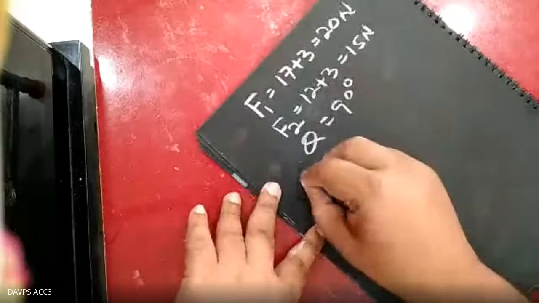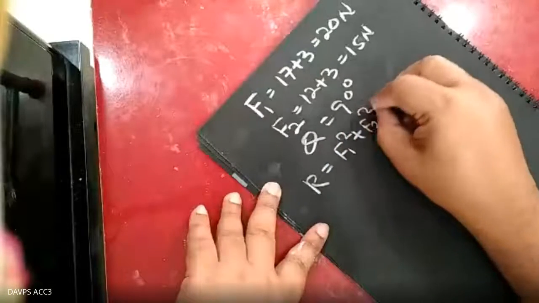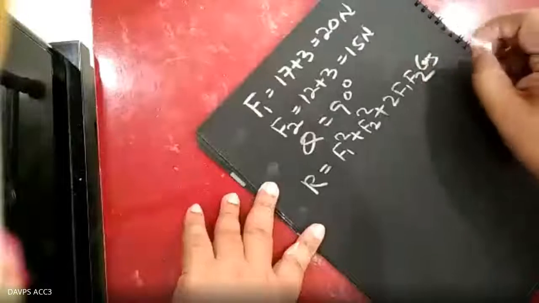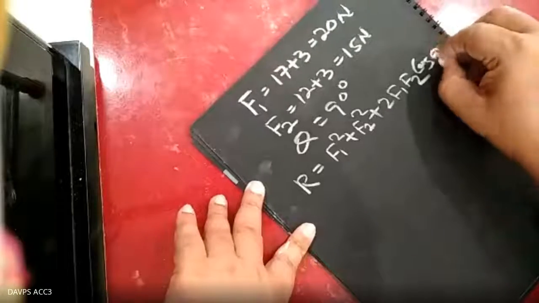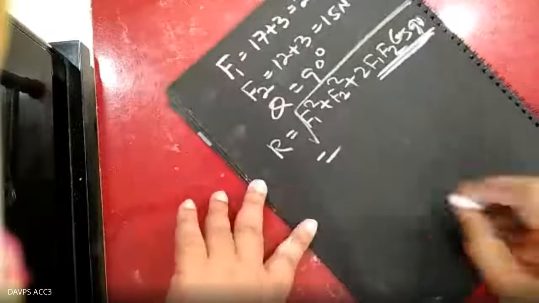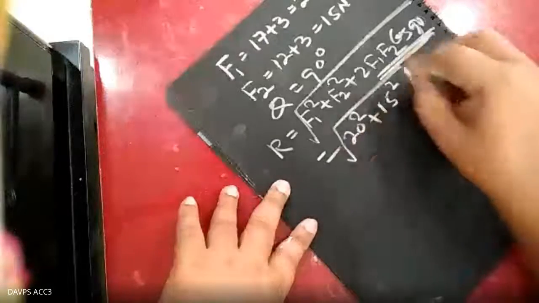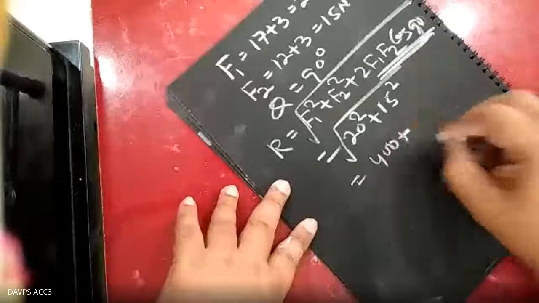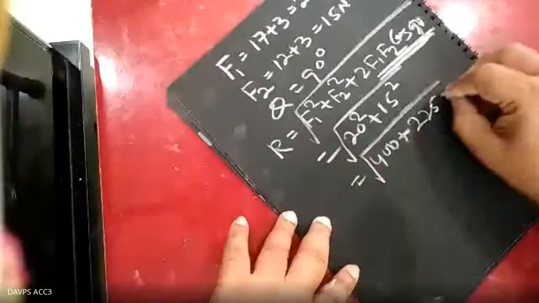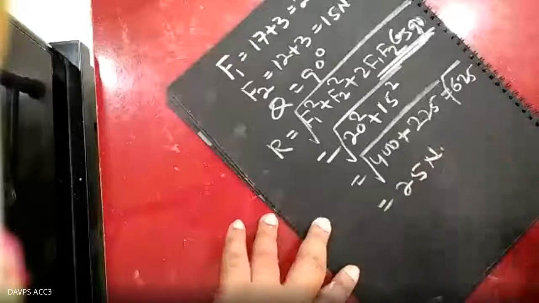So you can apply the formula R equal to the square root of F1 square plus F2 square plus 2 F1 F2 cos 90 degrees. In case of 90 degrees, the cosine term will be 0. So you are finding the square root of 20 square plus 15 square, that is 400 plus 225, which is the square root of 625, equal to 25 Newton. You got the magnitude. My target is to get it